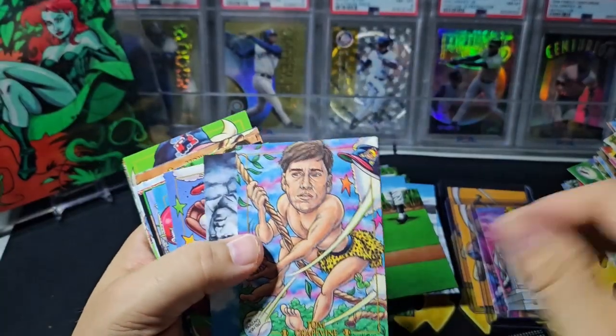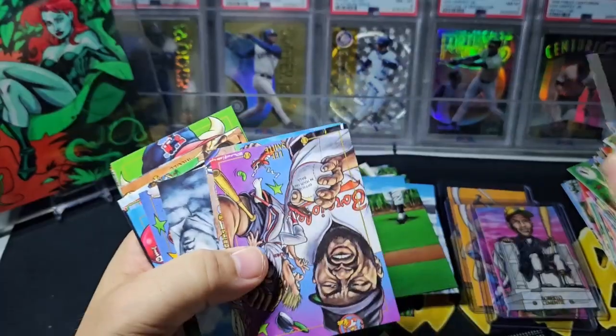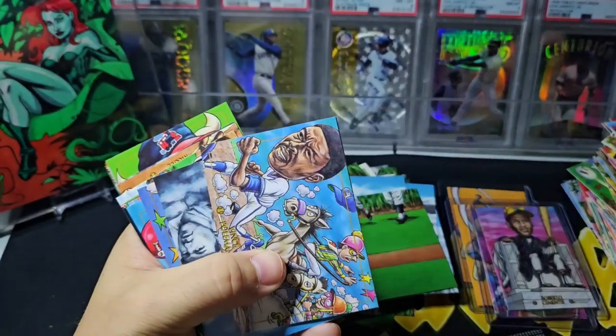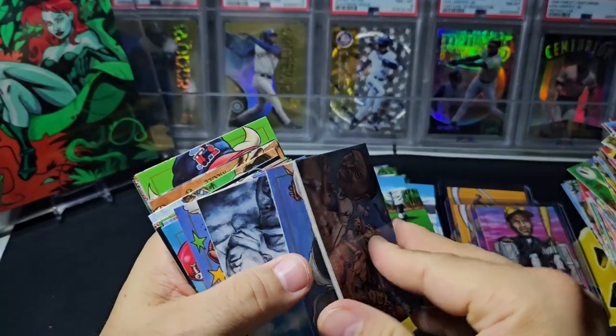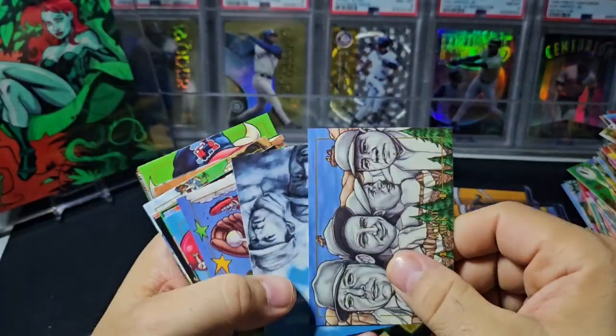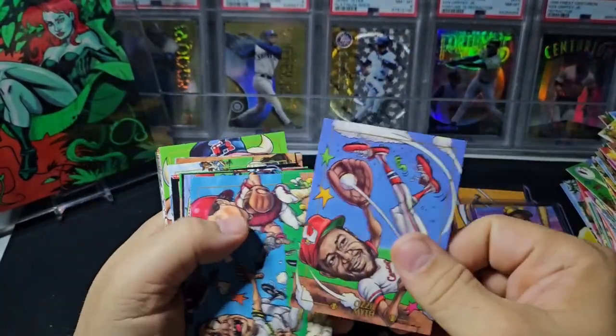I've opened tons worse. And these actually, Tom Glavine, this might be some new cards. Is that Lee Smith? Yeah. New cards. Still getting new cards. So, Vince Coleman, Tartabull, Mickey Mantle. We'll see if we get the whole...